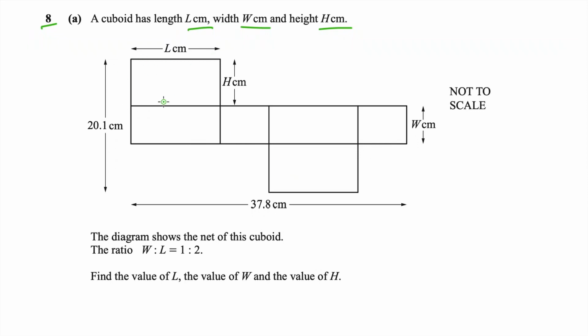So as you can see, this is L. So this will be L, this will be L, this is L, this is L and this is L. This value is H. So this is H. This is H, this is H, and as you can see, once I fold them, since this is given to be W, this is W, this is W,